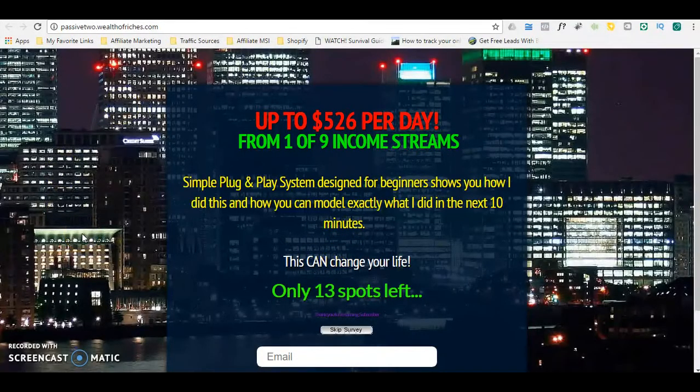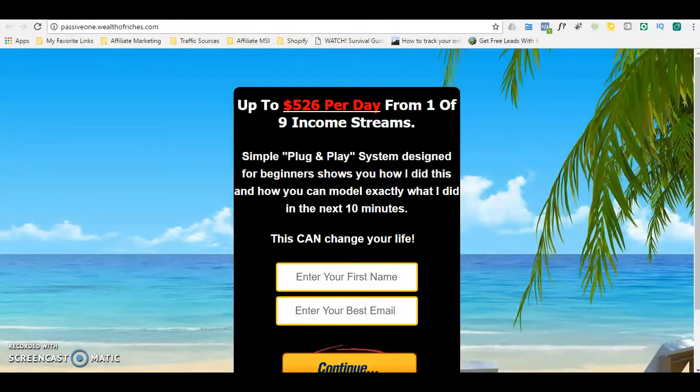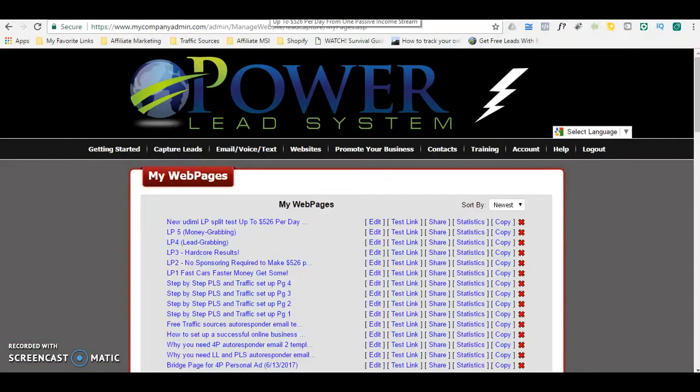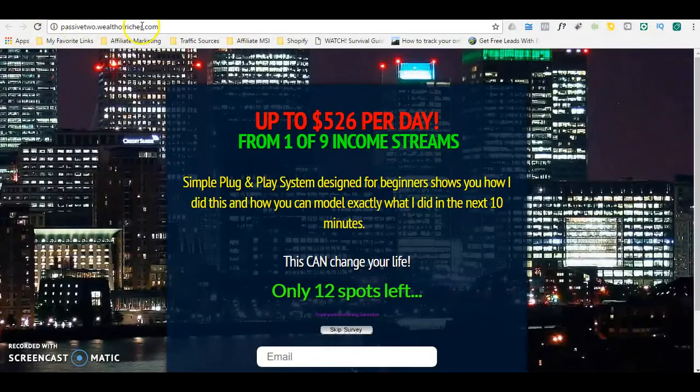So I'm testing backgrounds in this capture page. I'm testing the color of the text and the background as well to see which one is going to perform better. So I'm going to take passive 1, Wealth of Riches, and passive 2, Wealth of Riches, and I'm going to